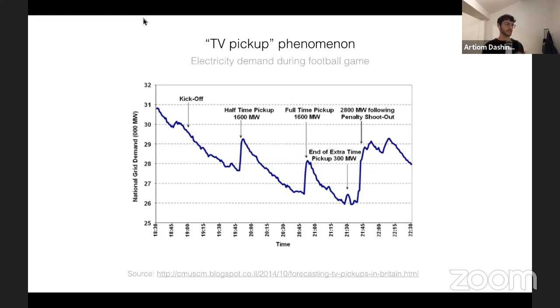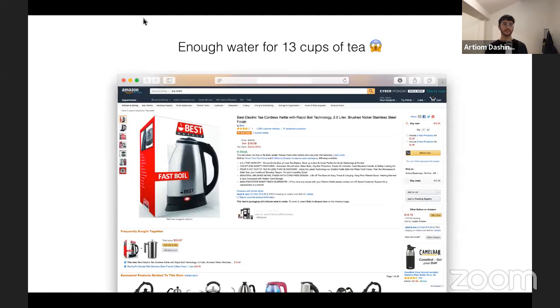Because it happens on such a national scale, and because electric kettles require so much energy, it brings a huge spike in the demand for electricity that destabilizes the electricity grid in the UK. And sometimes it means that the UK needs to buy electricity that is produced in France by nuclear plants. And basically, this national-scale wasteful way of using energy is a result of bad product design.